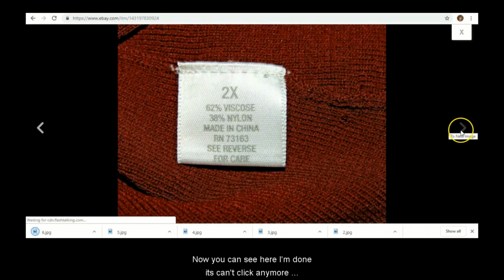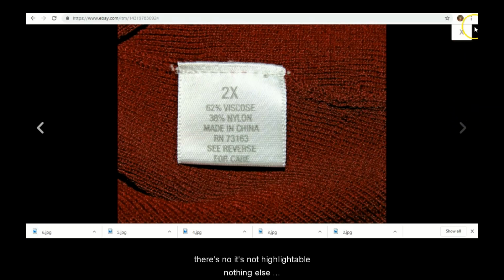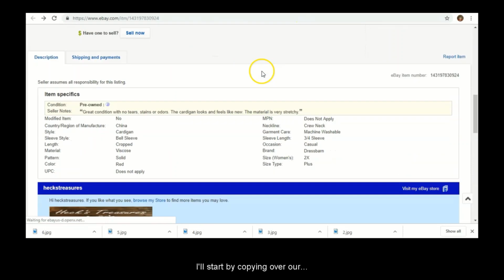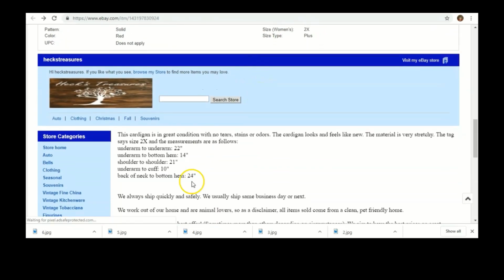Now you can see here I'm done. It can't click anymore. It's not highlightable. Nothing else there. Exit on out. So here what I'm going to do is I'll start by copying over our